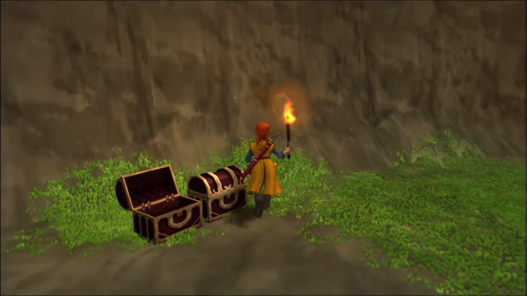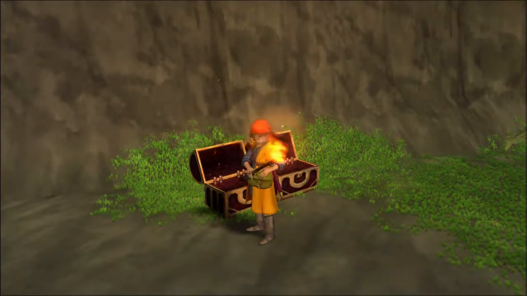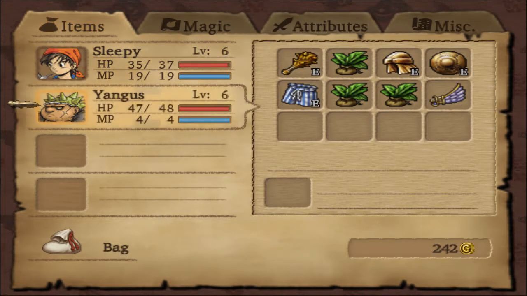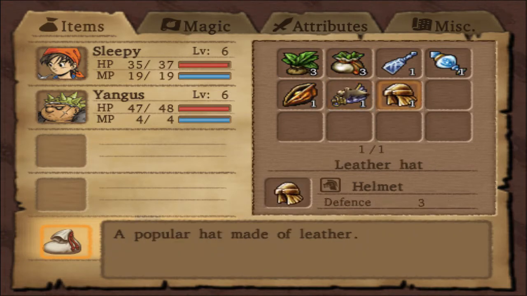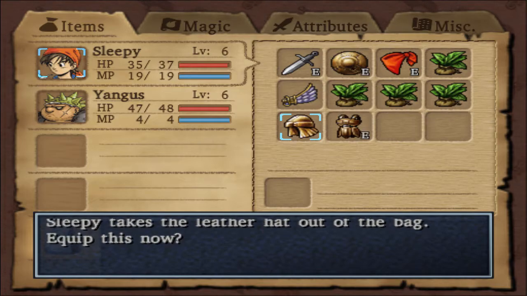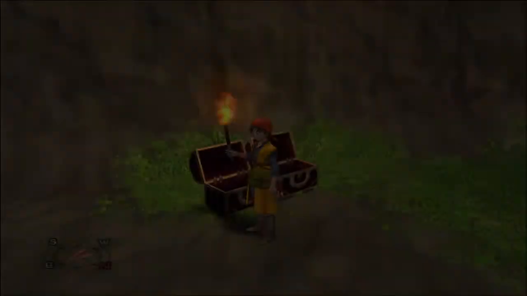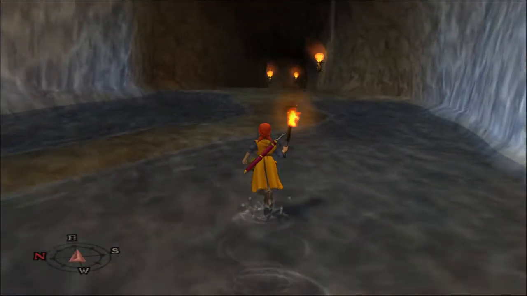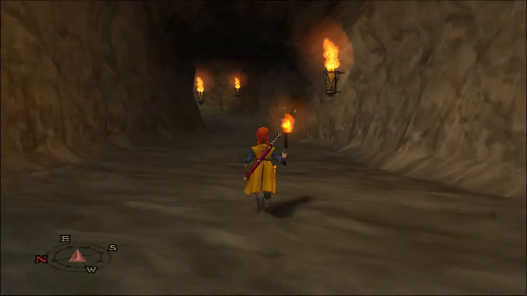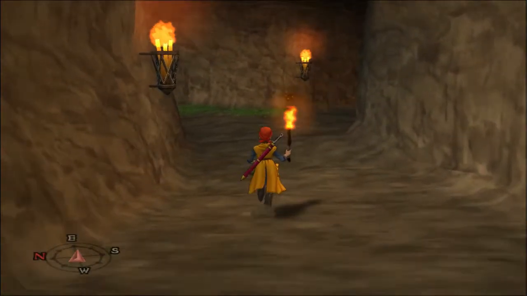A leather hat, which is one of the items I didn't buy, I believe. So I could go ahead and equip a leather hat to somebody. Probably myself, because I have less... I wish it was easier to equip stuff, but whatever. Freaking inventory system. I've equipped the leather hat. Because I have less health, it seems reasonable to give me slightly higher defense than Yangus there. I might be overthinking that slightly, but that's the system I'm running on, so...